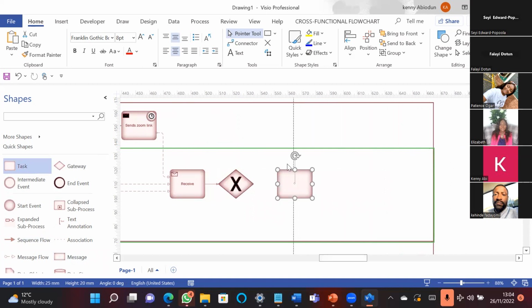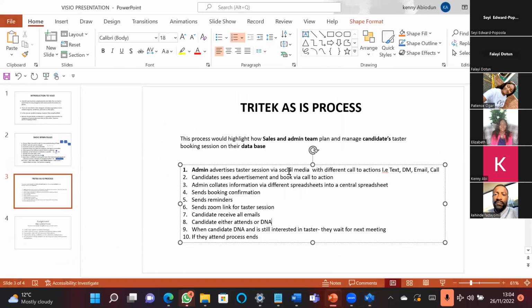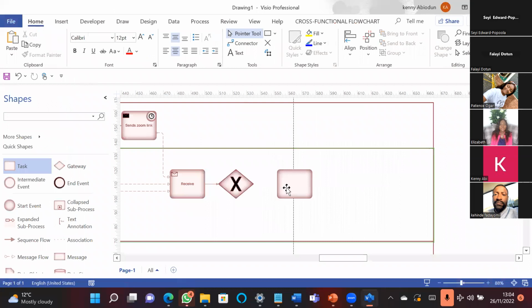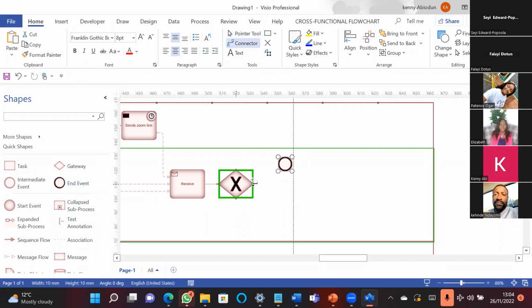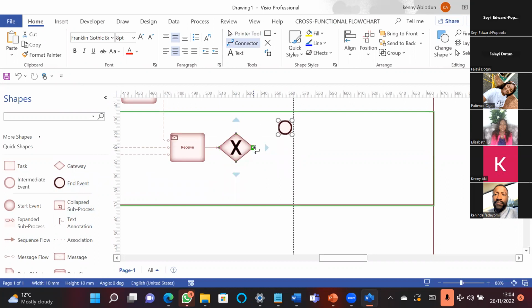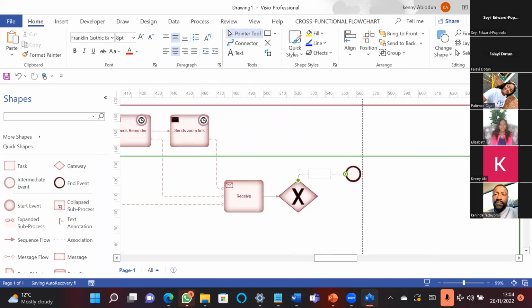Okay. So once they receive it, they either attend or do not attend. When the candidate attends, the process ends. But if they are still interested in a tester session, they wait for the next schedule. All right. Let me put this here. So when the candidate attends, the process ends, right? Process ends. But when they do not attend,